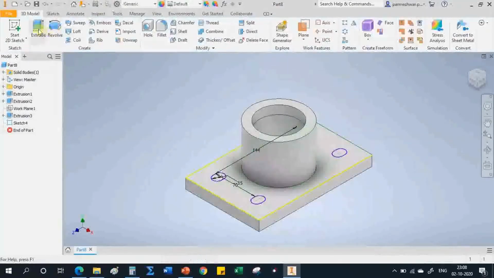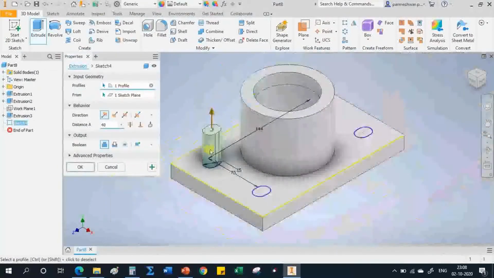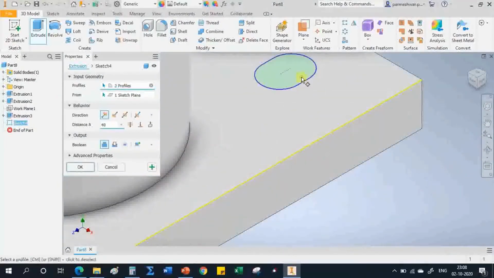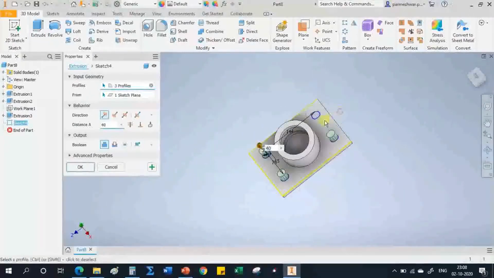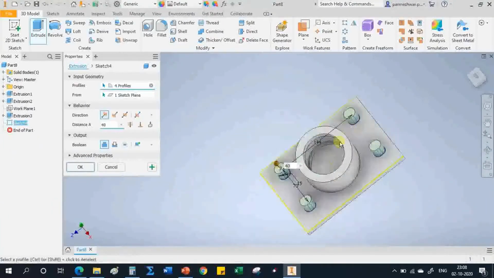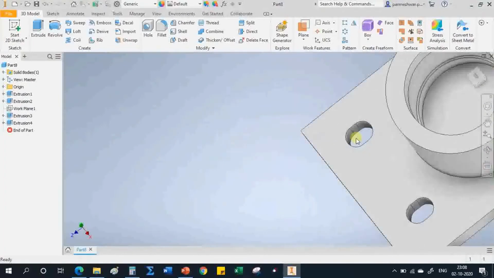Now extrude it. First of all this sketch, then second one this one, and last one in this side, right? This way, right? But I do not want the pillar, I want the holes there, right? So click here, cut material, and that too throughout. So click OK button, right? So you can see here the slots are there, holes, right?